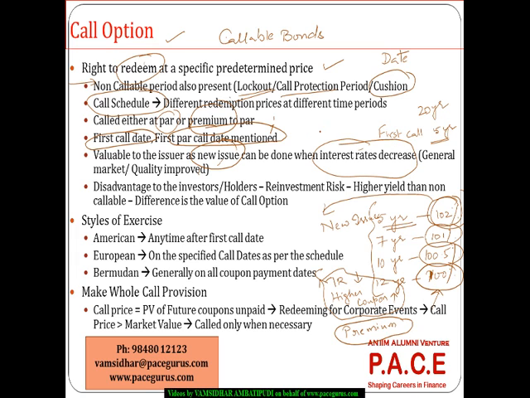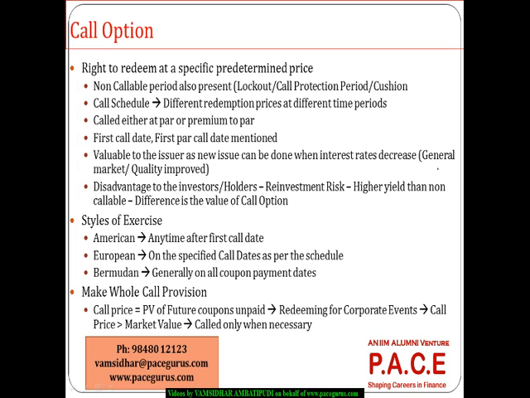When the market interest rates are lesser, it could be because of the general economic scenario itself, where the market rates have gone down, or typically if the credit quality of the company has improved. If the credit quality improves, obviously the market rate goes down, the yield will go down, which means the bond gets traded at a premium, but the company can buy it back at a pre-specified, predetermined price. So that is an option that is beneficial to the issuer,